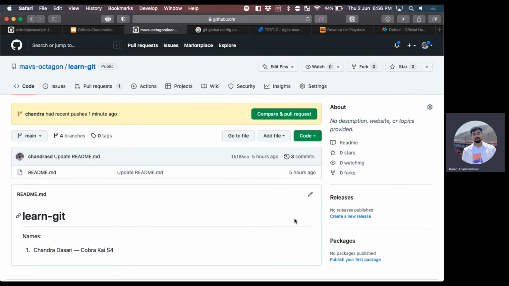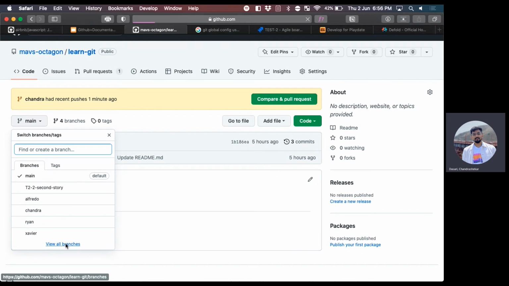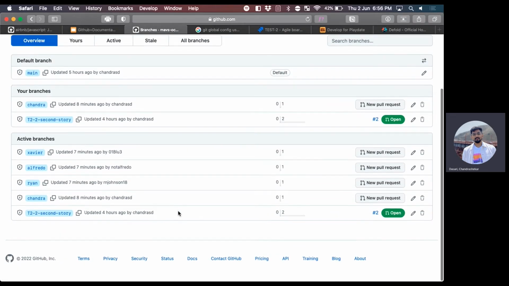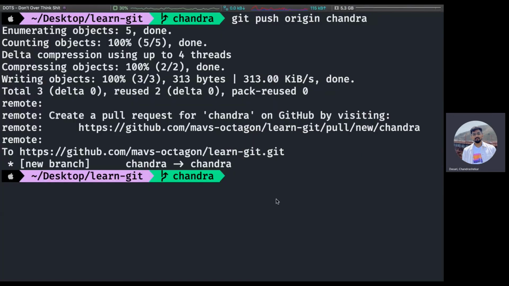Okay, now I just changed the permissions. So now we can see y'all's presence live. You can see everybody, see all branches. Once y'all get used to it, y'all gonna just start saying it.